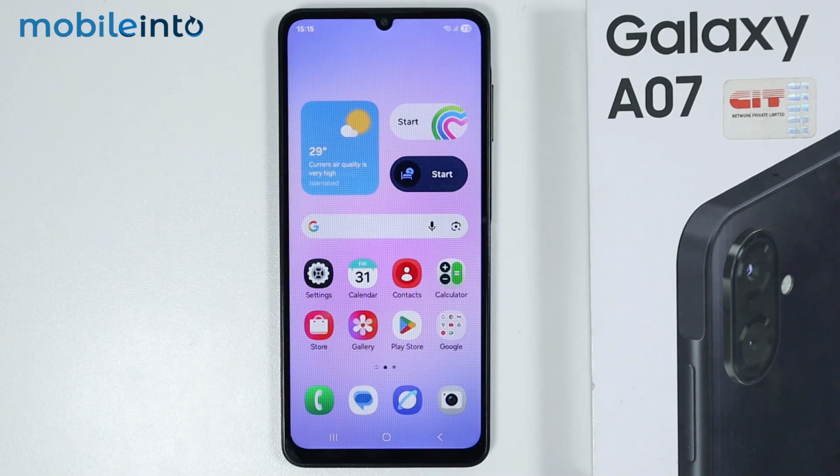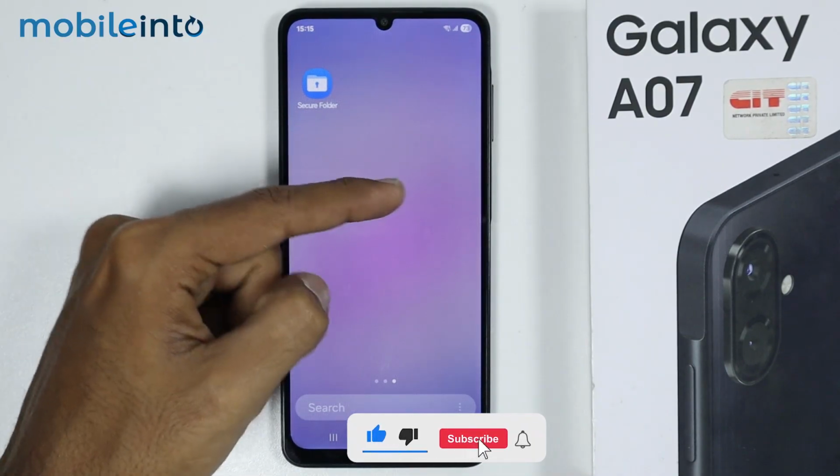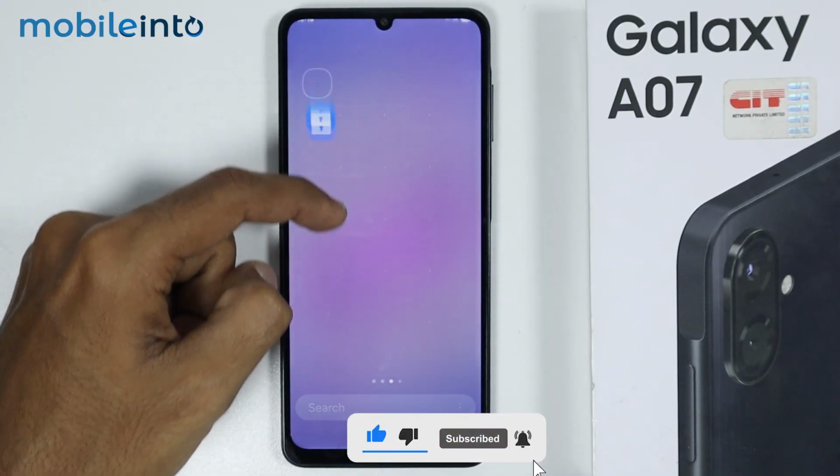Hey, what's up guys? So in this video, we will see how to hide and unhide secure folder on the Samsung Galaxy A07. Now, if you want to hide secure folder from your app drawer and from your home screen,